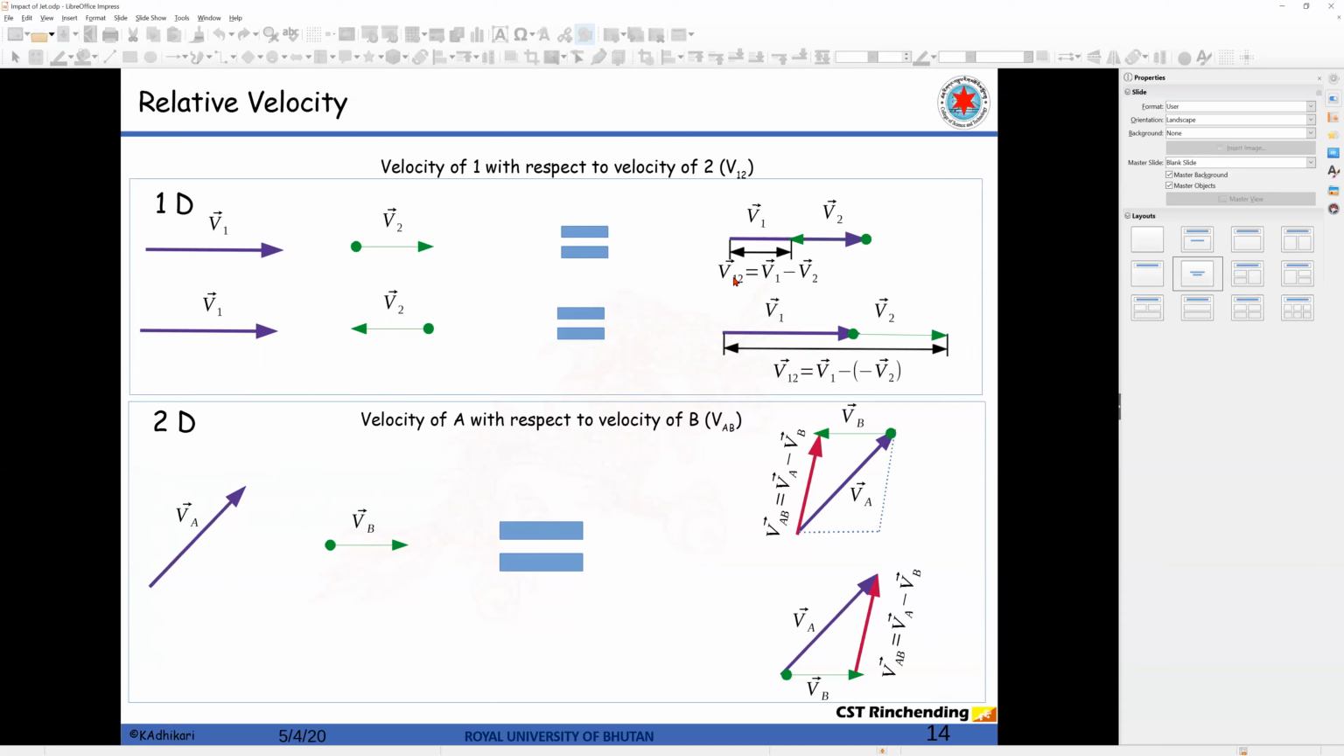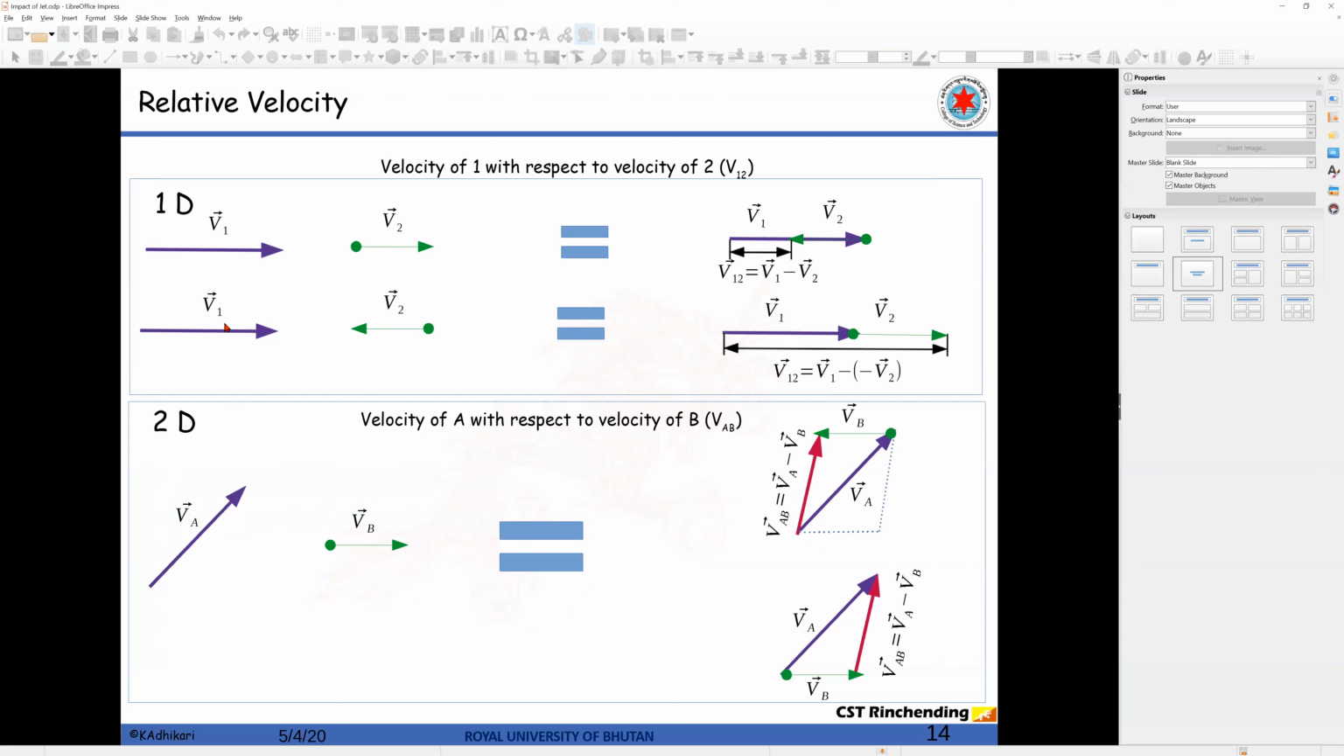So the vector 1 2 is the relative velocity of 1 with respect to 2, represented as 1 2. It is vector 1 minus vector 2. So this is the magnitude of the relative velocity of vector 1 with respect to 2, and the direction is whichever is greater; the direction will dominate, right? We know this. All right, so in the next case, this is the second case, where